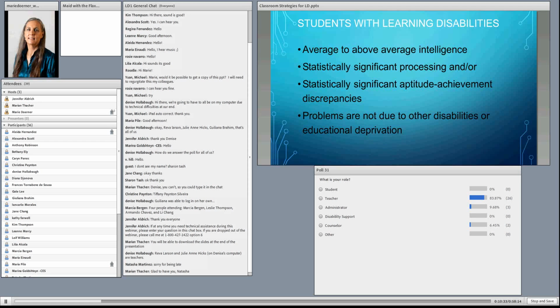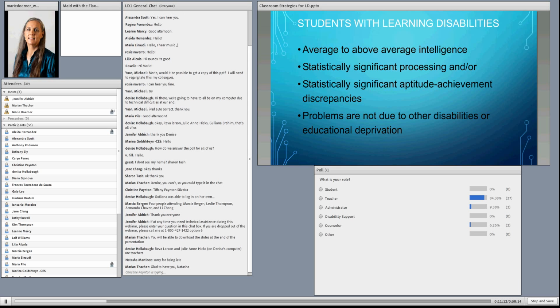Or it could go the other way. When you talk to someone, they don't seem like they know what's going on, but then you give them a math problem and they can do it really well. So if the different parts of the brain are working at different levels, that would be a significant processing disorder. The next one is they're very smart, but their schoolwork level just does not match with their intelligence level. And in the past, we expected a student with learning disability to be both of those things, have the processing deficit and the achievement gap, but